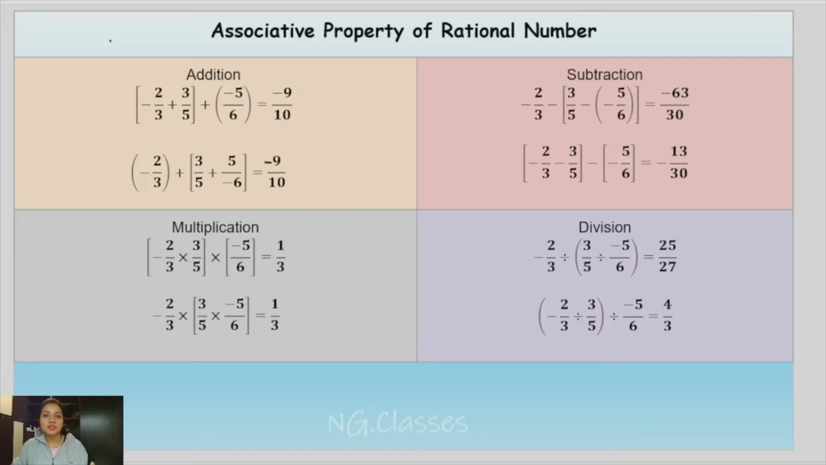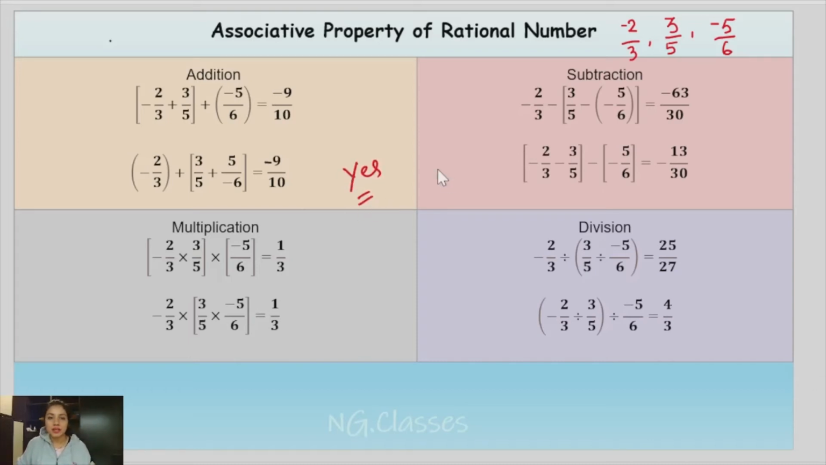And now we'll do the same thing for rational numbers. So suppose I am taking 3 rational numbers. First one as -2 by 3. Second one as 3 by 5. And the third one as minus 5 by 6. And at first we'll check for addition. After doing addition, according to associative property, what we got? The first answer is minus 9 by 10 and the second one is also minus 9 by 10. So we can say yes,